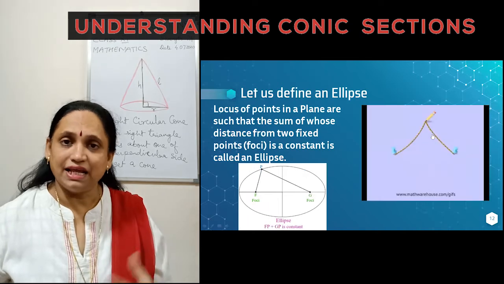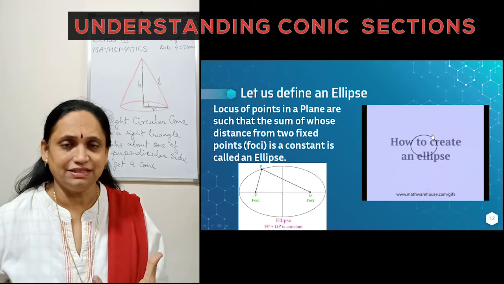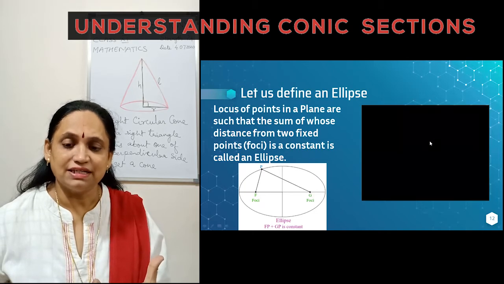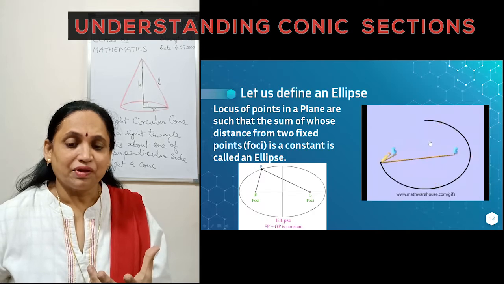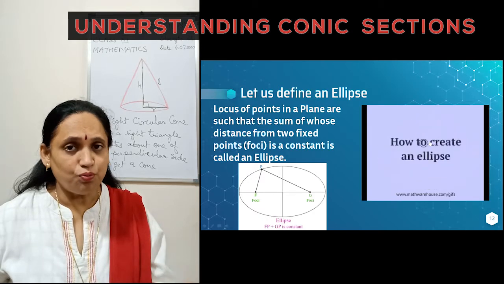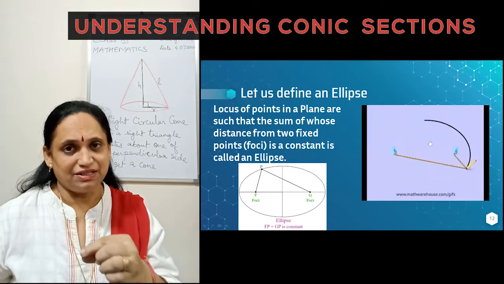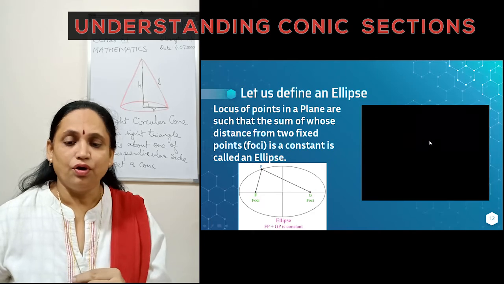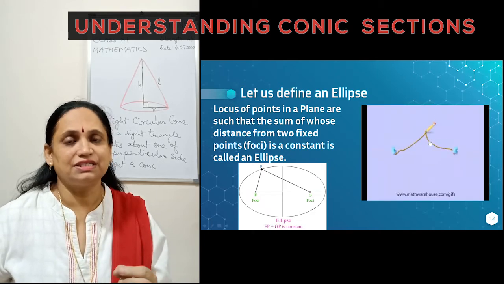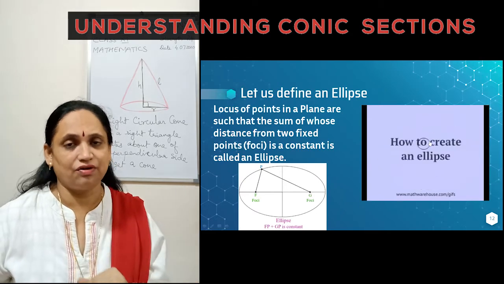Now, this is an ellipse. How is it formed? You must have learned it in your lower classes when you did the solar system in science. When you fix 2 points and use a thread and a pencil to draw a figure, as you see in the video, the shape that you get is called an ellipse. It is an elongated circle.